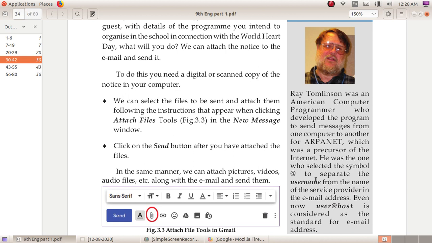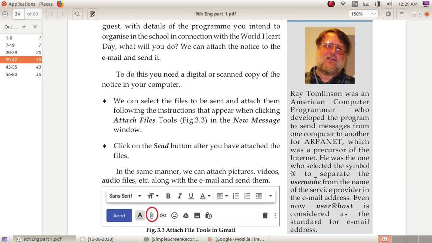Ray Tomlinson was the founder of email, and he developed a program to send messages from one computer to another for ARPANET. ARPANET is the first form of the internet.